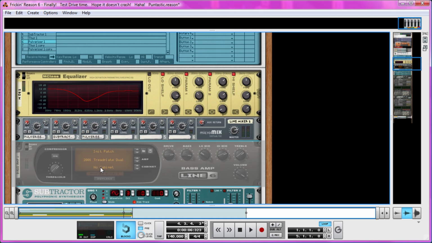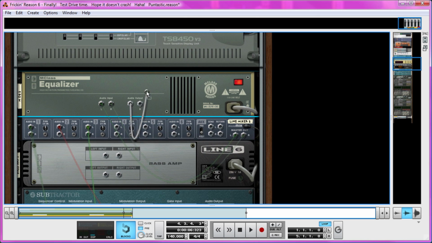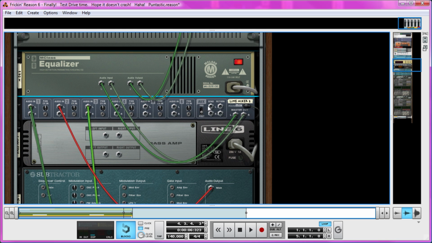That might be nice as an insert effect because we've completely lost the sub there. So if we take that all out, link this back up, and in the aux,